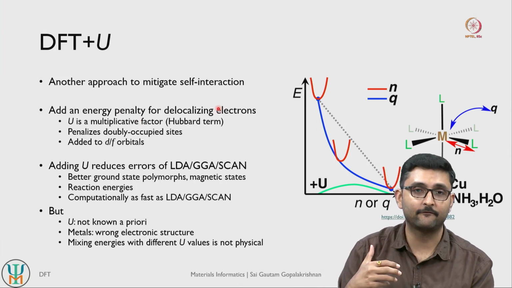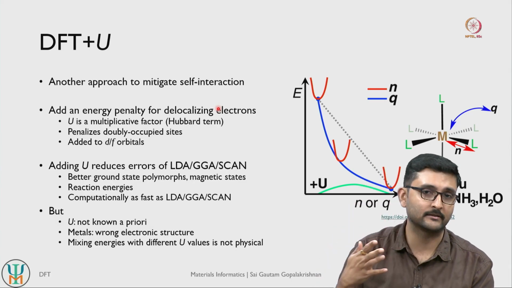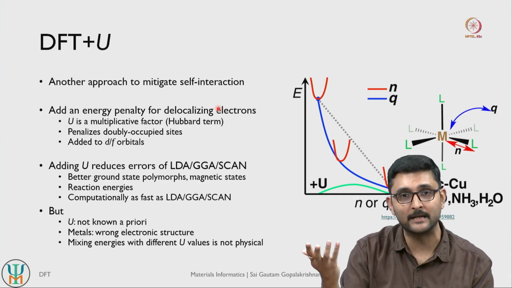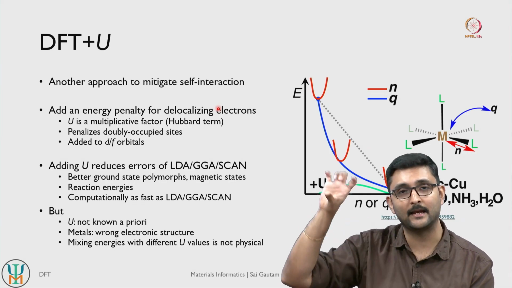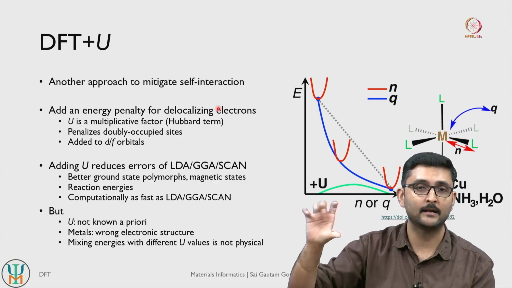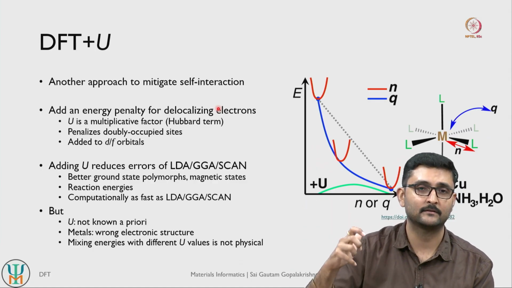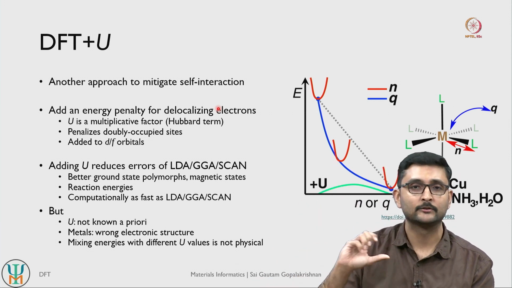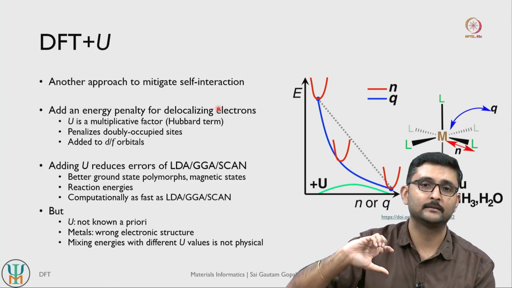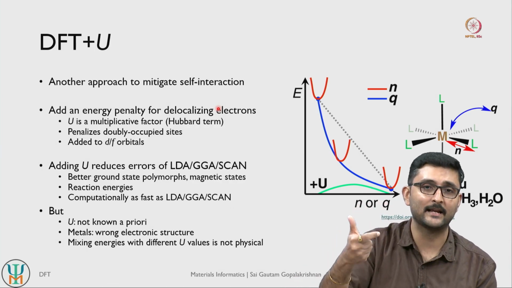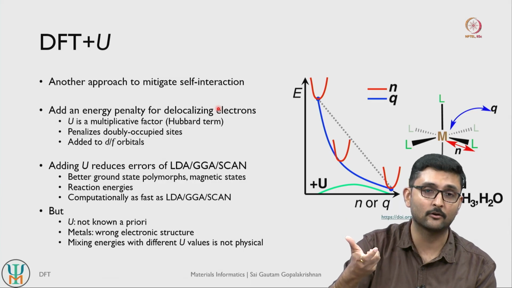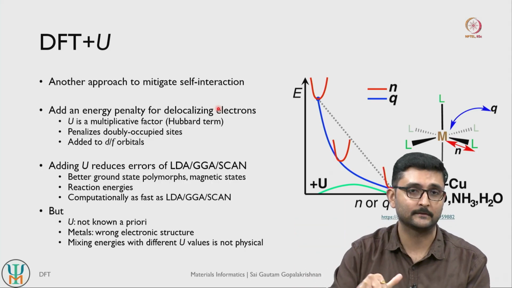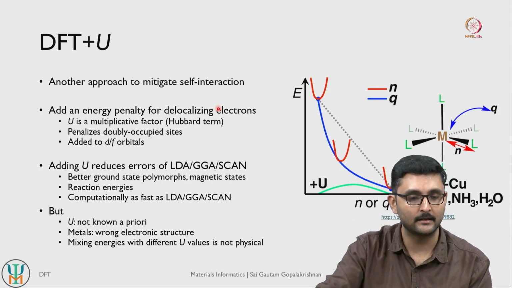So basically, if the resultant charge density that you get from your self-consistent calculation is more delocalized than it should be, then it causes an increase in the overall energy of the system. Right, and in density functional theory based calculations, we always try to reduce the overall energy because we want to approach the true ground state energy. So since this is an energy penalty term, the self-consistent field calculation automatically tries to reduce the electronic delocalization as much as possible and puts electrons in designated orbitals, in designated d orbitals, for example, right.